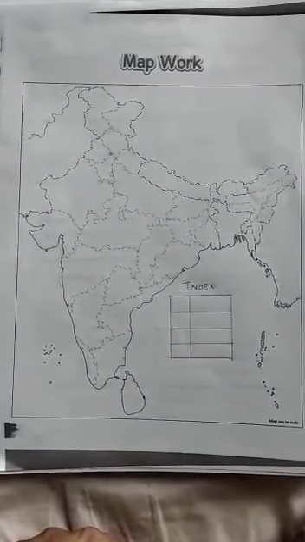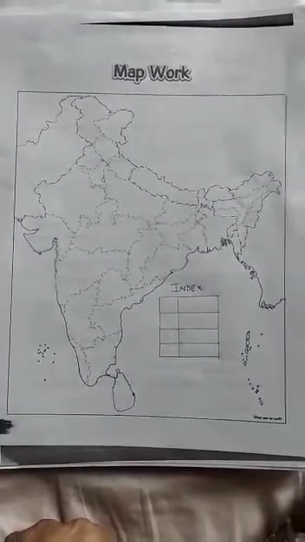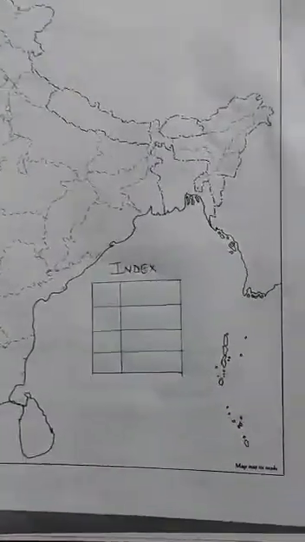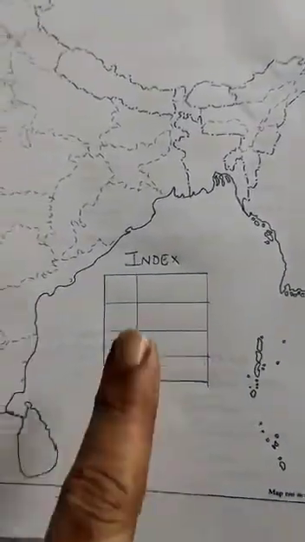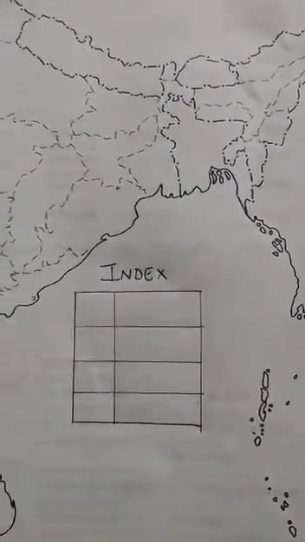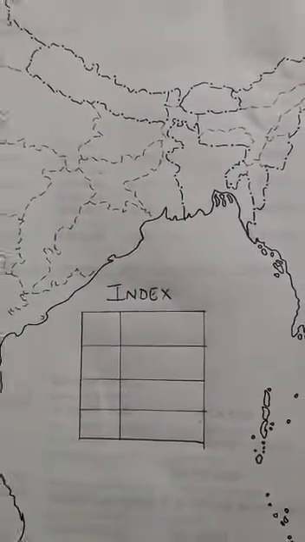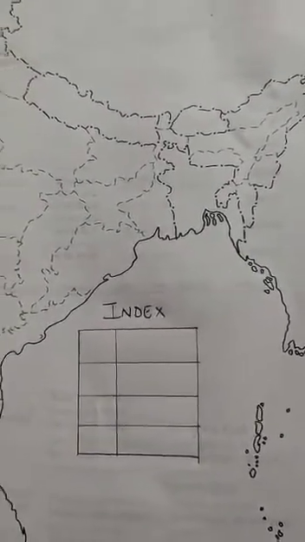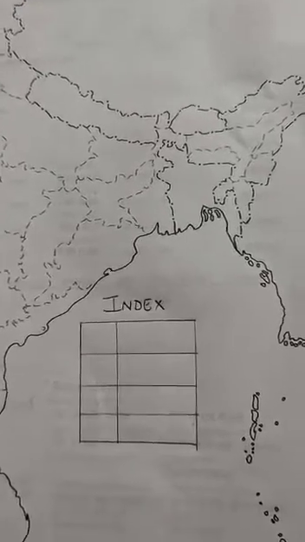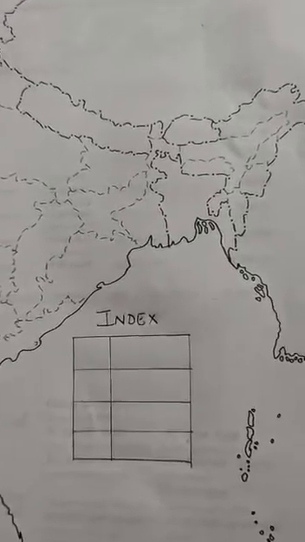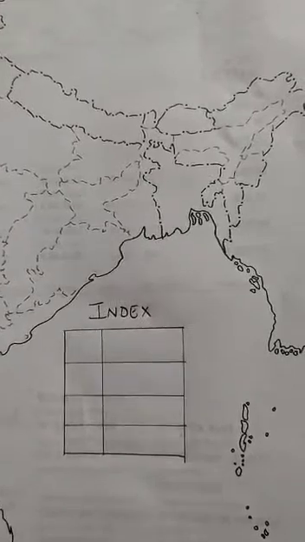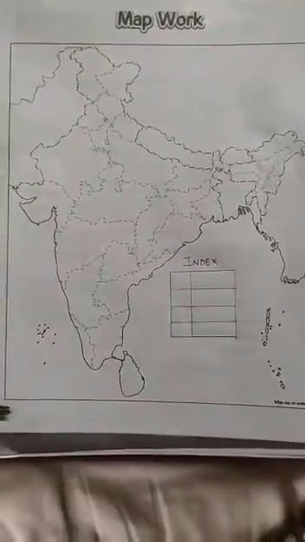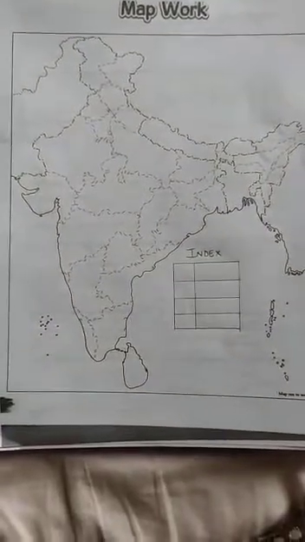See, can you see this political map of India? Right? So how are we going to do this map work differently? Children, can you see this? Yes, it's an index. So what we are going to do first is draw an index. Now, how does an index help us? See, children, an index helps us to locate things on a map, whether it is a physical map or a political map. Like in today's class, this particular index is going to help us to locate the different states that we are going to mark here on this political map.